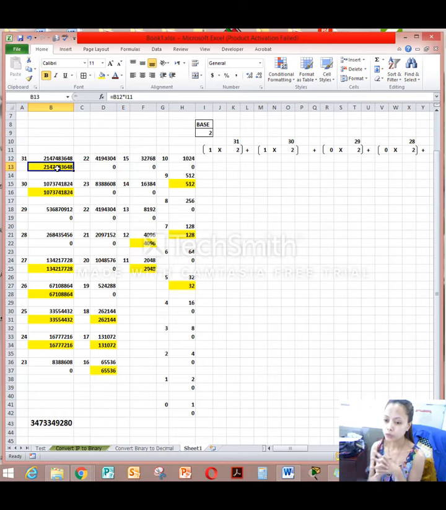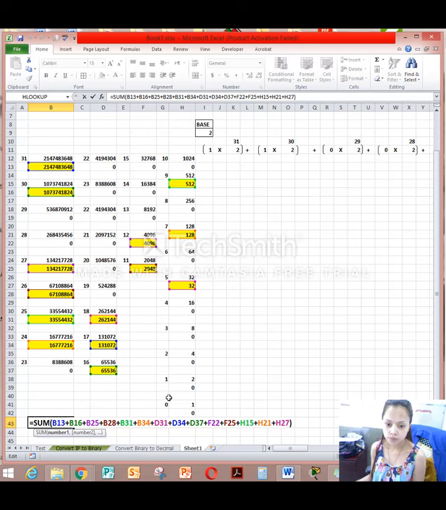The positions in which we have 0 as a digit have been completely omitted from the computed value, because it would be 0 anyway and it has no significance in the overall value calculation. So I highlighted each and every one's digits of this binary result, and then I have added them. So the result